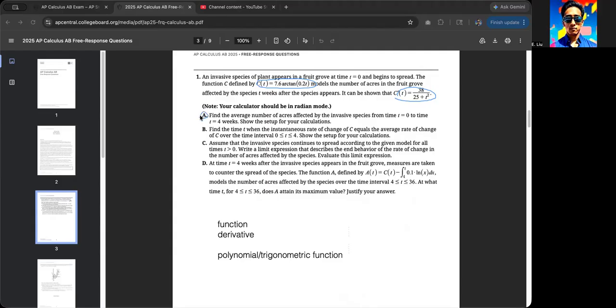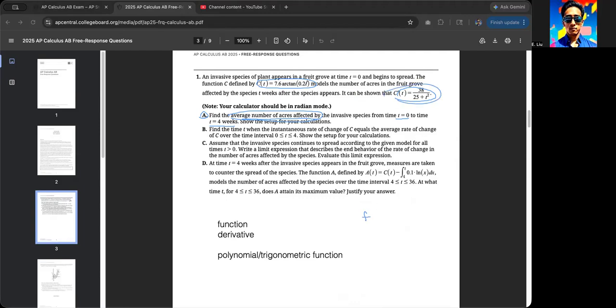What are they asking? First thing, find the average number of acres affected by the invasive species from time 0 to time t equals 4. Show your setup for your calculations. So in this situation, that's basically the mean value theorem when you think about it, right? So you're going to have to find the average number of acres affected between those two times. You technically have two different ways to set it up, but in this one,